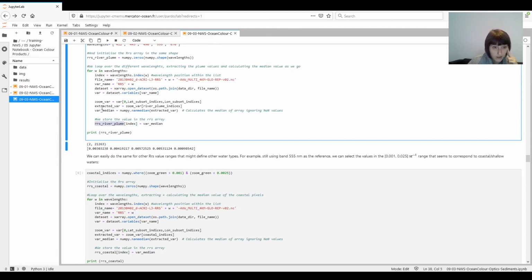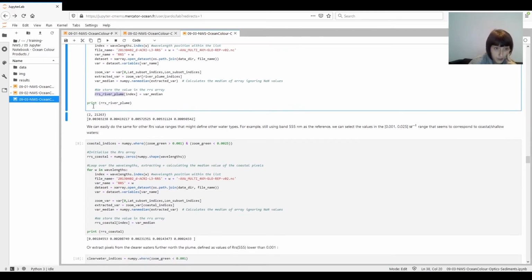In this variable over here. So this is the calculation, the variable that hosts the median, and then we assign that value to the remote sensing reflectance element in the index position. So if we print the final list, you can see that the resulting spectra for